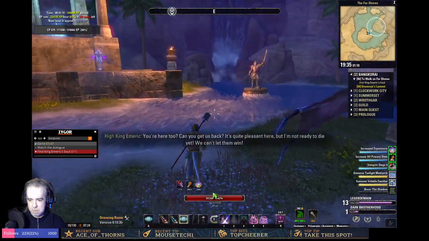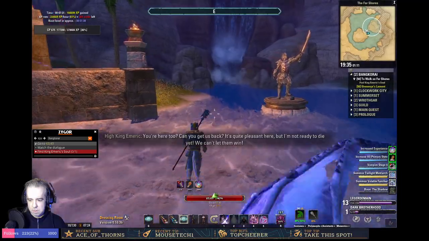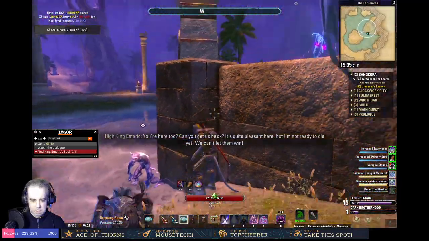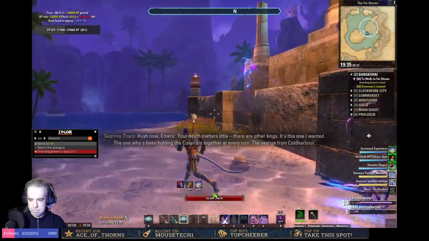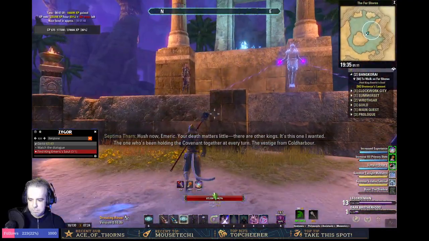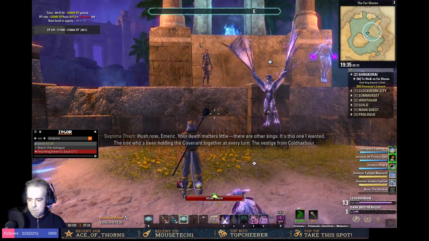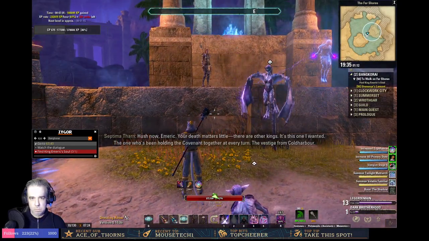You're here too. Can you get us back? It's quite pleasant here, but I'm not ready to die yet. We can't let them win. Hush now, Benedict. Your death matters little. There are other kings. It's this one I wanted. The one who's been holding the Covenant together at every...